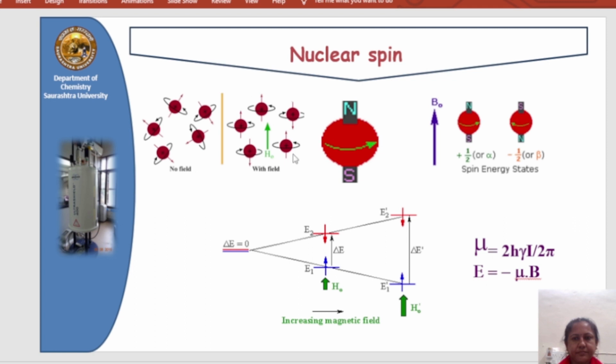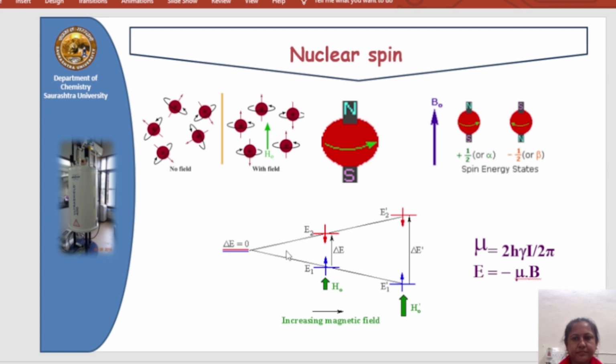Now, in those conditions, if we irradiate with waves, and particularly in the case of nuclear magnetic resonance, we can say it is radio frequency. When we apply that, according to the Boltzmann distribution, splitting of the energy level will take place. It will convert into different energy levels, the excited level and the ground state. How much splitting will take place depends on the gyromagnetic ratio of the atoms, which we will discuss later. So here we can only say that the distribution will take place by absorbing the radio frequency waves.